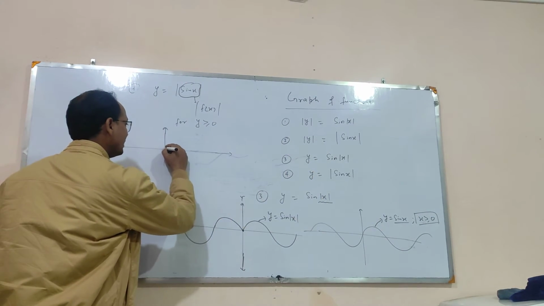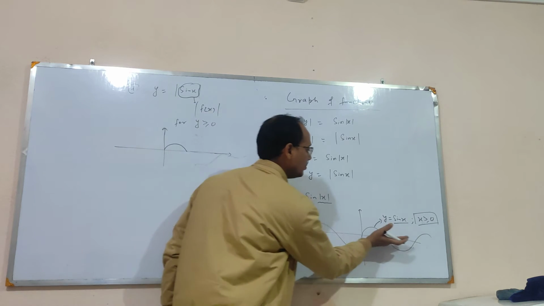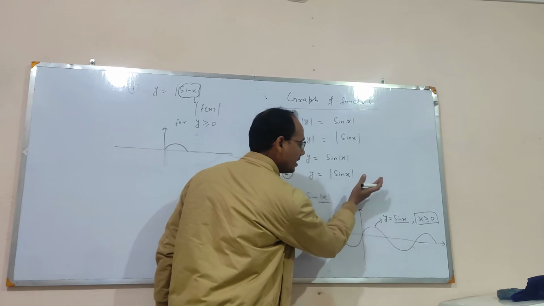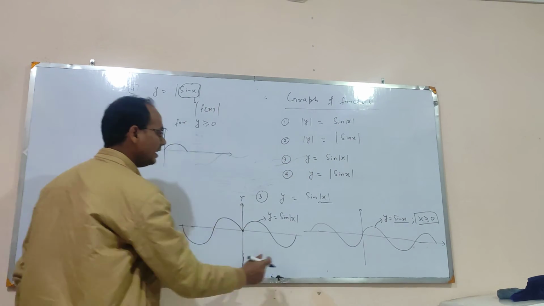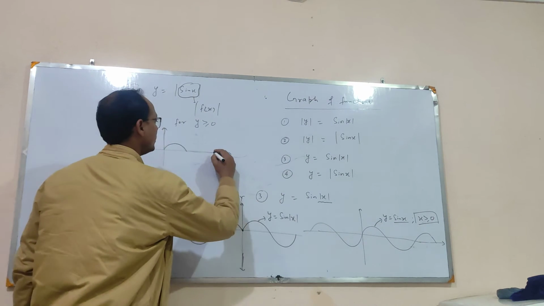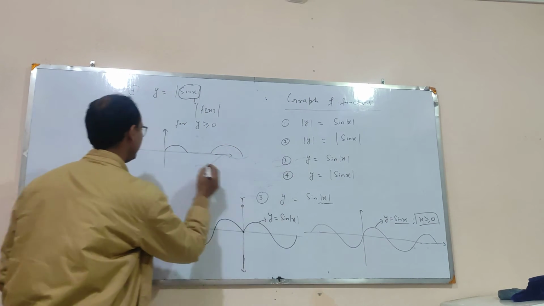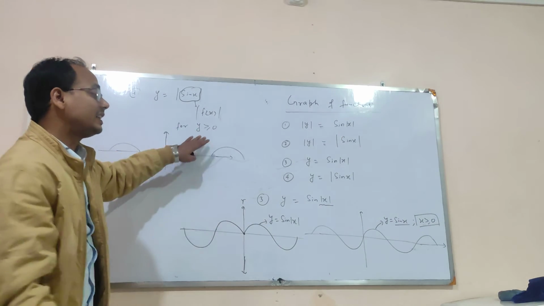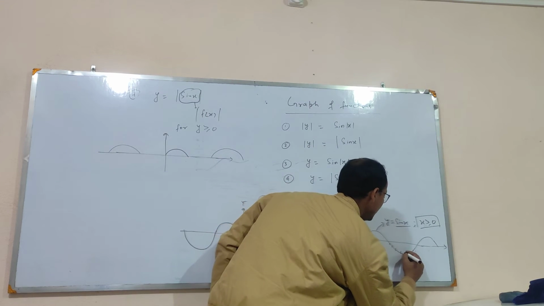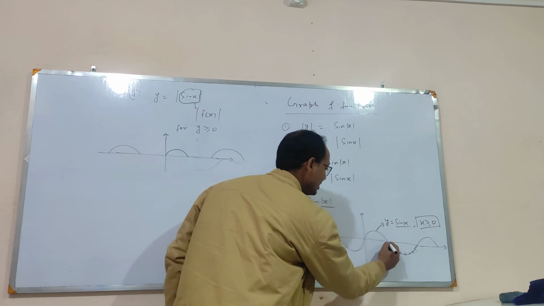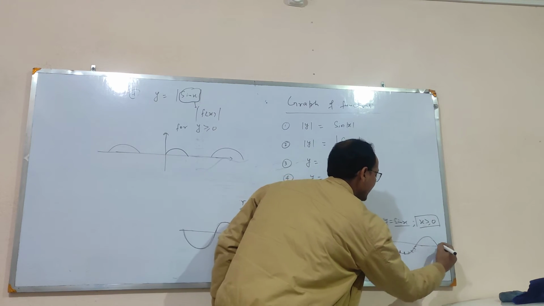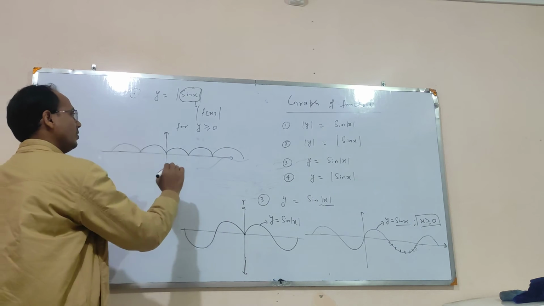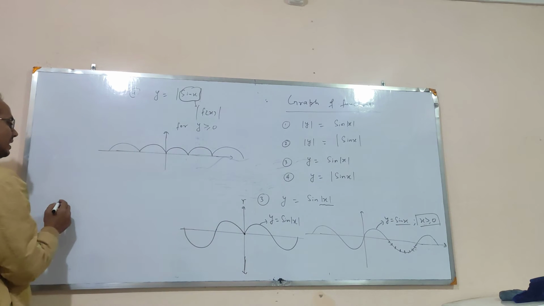So here we are having the graph like this, only above the x-axis. We are going to take the graph only above the x-axis. This is the portion above the x-axis, this is the portion above the x-axis, and we will leave this portion. So our graph will be like this. Now we will reflect the remaining portion which is lying below the x-axis. We will just reflect this portion about the x-axis. So we will have the graph like this. This is the graph of y equal to mod of sine x.